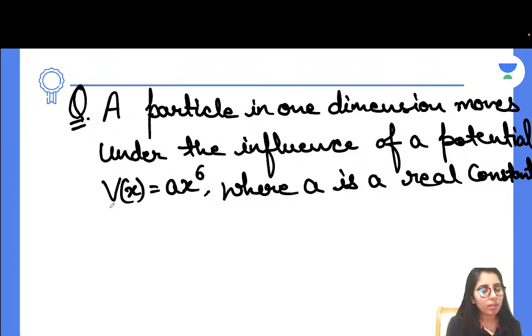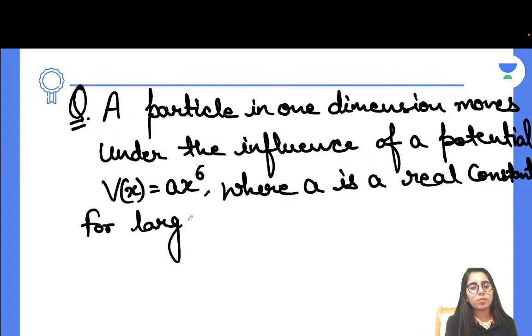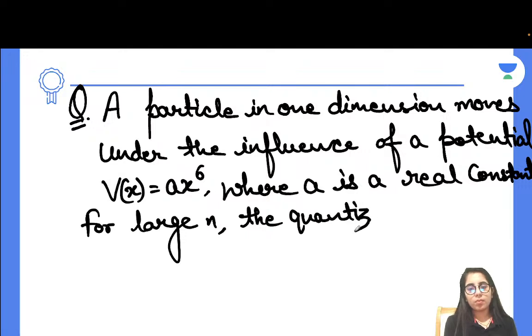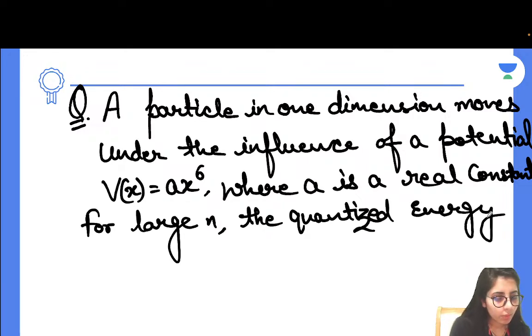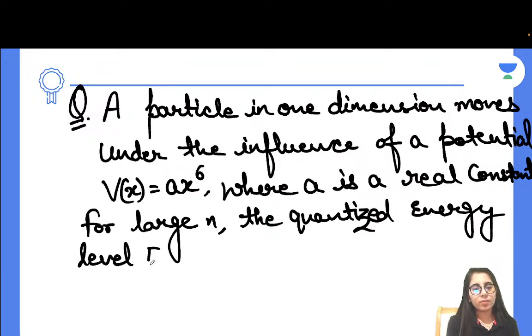For large n, the quantized energy level En depends on n as...